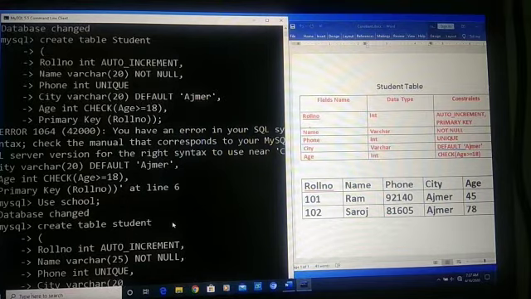It takes size 20, and we have to set constraint for the city attribute. It should be default, so we will write default, and also we will set its value should be Ajmer, so we will write Ajmer. We will separate with comma, enter.